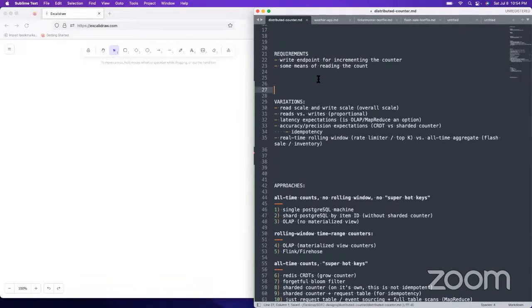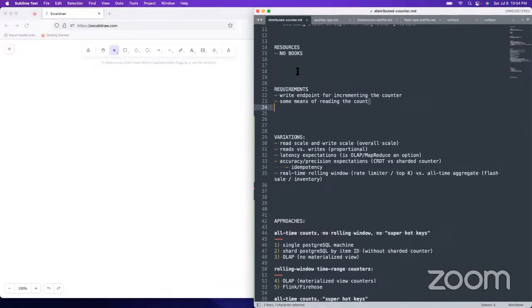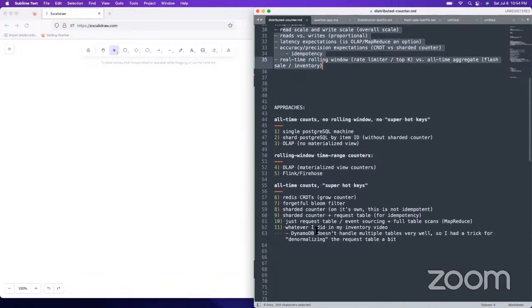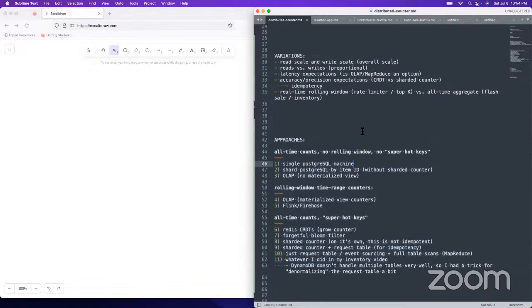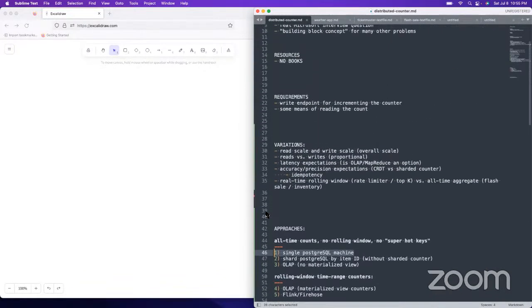All right, so it's a common building block in bigger problems, and it is even asked on its own. So here's a bunch of different ways that you can vary it under different scenarios. And I've already got 11 different approaches for it. I had three sub-approaches under one. The first thing you should do in an interview is clarify the scale. And sometimes all you need is just one PostgreSQL machine on its own. So yeah, any questions before I start digging into some diagrams here?